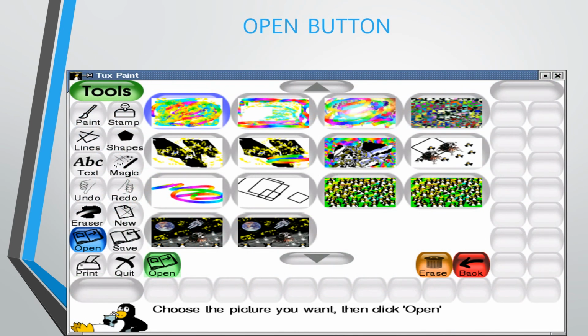Open button. The open button is used to open an existing drawing. Means you have saved so many drawings, and if you want to see a particular drawing, then you can open it by using the open button.